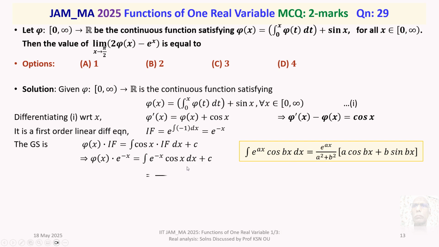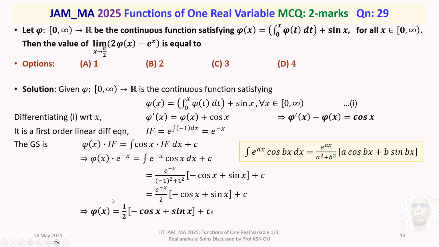So substitute, and on simplification you will get e to the power of minus x by 2 into minus cos x plus sin x, plus c. Right, we got the general solution. Phi of x is equal to 1 by 2,